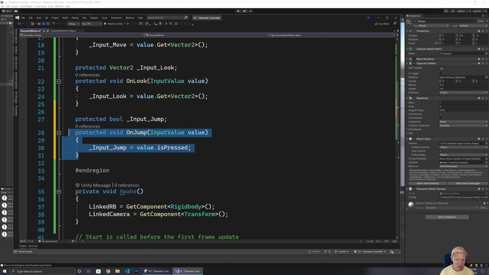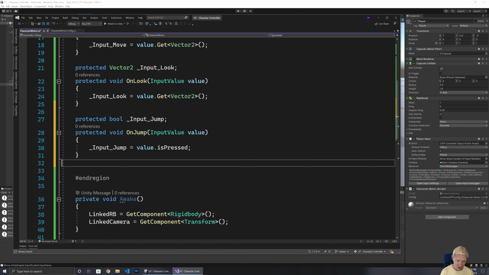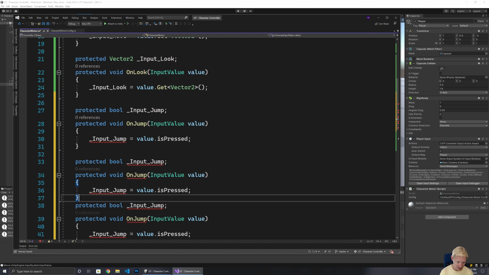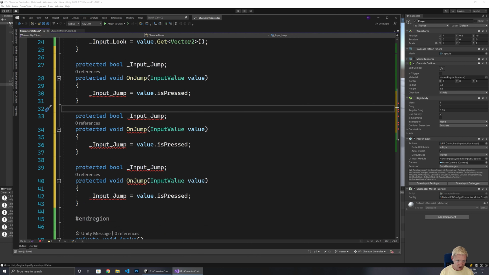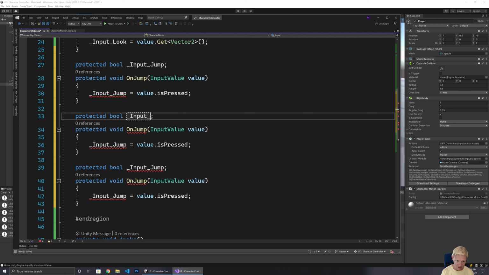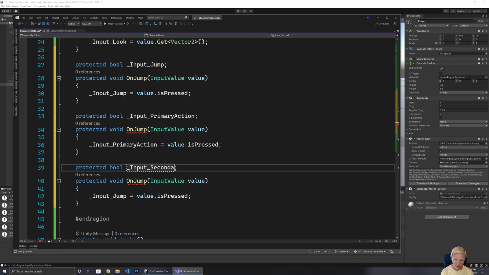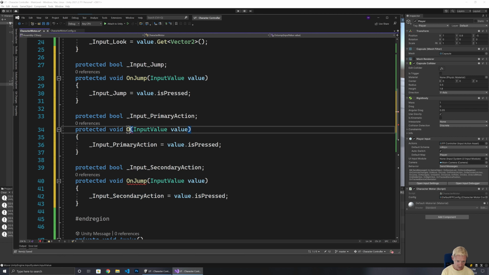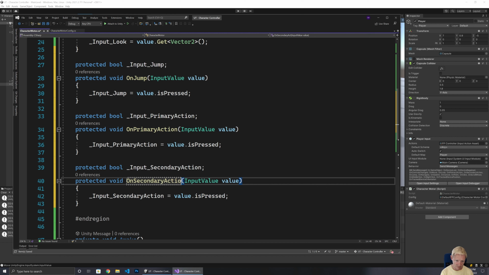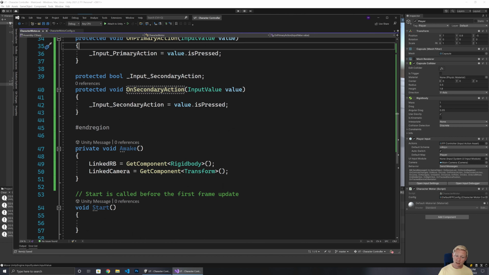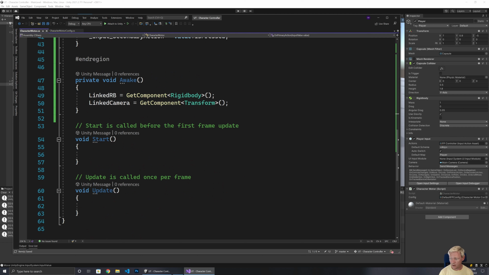We can then do similar stuff for primary and secondary actions. So we'll just have each of those. So input primary action, and then a similar one, input secondary action. So on primary action, and then on secondary action. All right, so that should give us enough input that we can start to do things like being able to